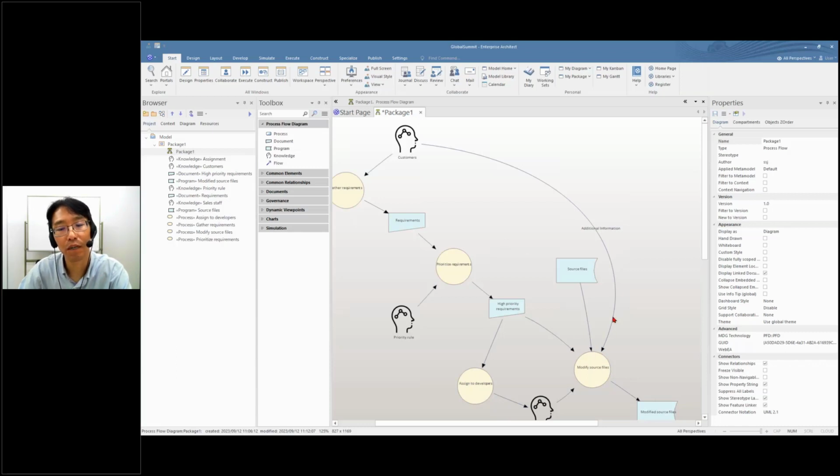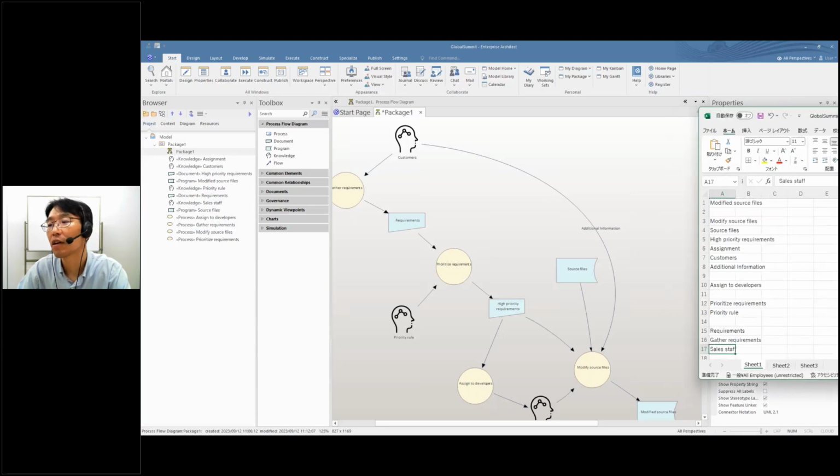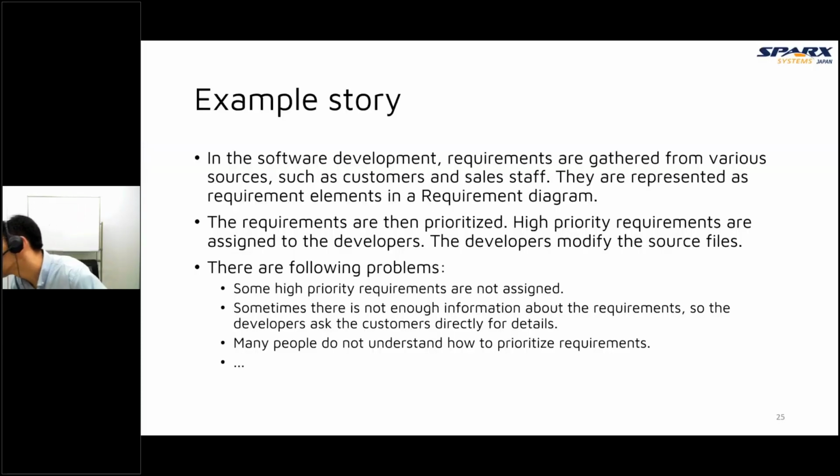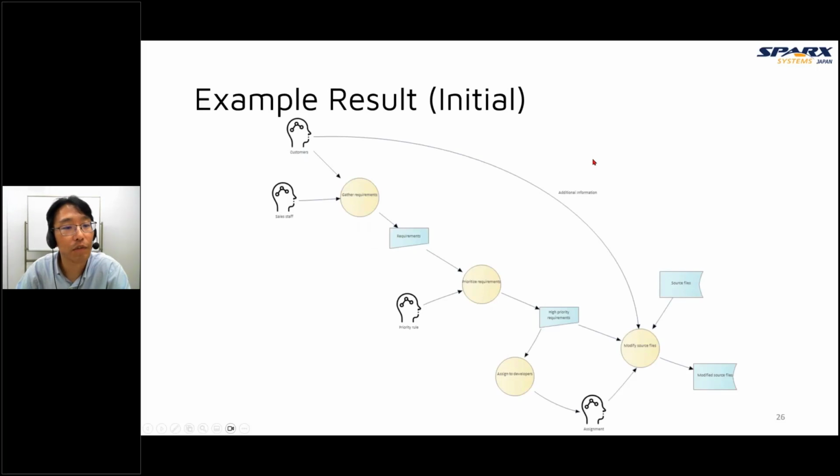So developers ask directly. So we can find these information flows. Yes, this is the example result.